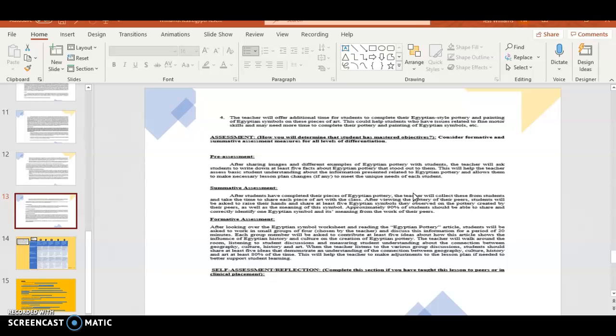After the accommodations and modifications used by the teacher, we look at various types of assessments that would determine that students had mastered learning objectives, looking at pre-assessments. After sharing images and different examples of Egyptian pottery, the teacher will ask students to write down at least 5 facts about Egyptian pottery that stood out to them, which will help the teacher assess basic student understanding about information presented related to Egyptian pottery, and allows them to make necessary lesson plan changes, if any, to meet the unique